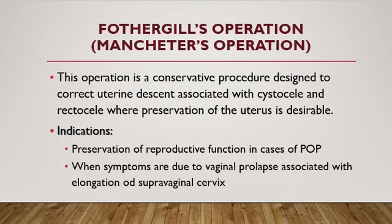The most common cause of pelvic organ prolapse in young women is pregnancy, especially childbirth during vaginal delivery, because of the traction of the cardinal and uterosacral ligaments during childbirth. The supravaginal portion of the cervix elongates and contributes to this descent. So, obviously the indication is pelvic organ prolapse, where the preservation of reproductive function is to be considered,